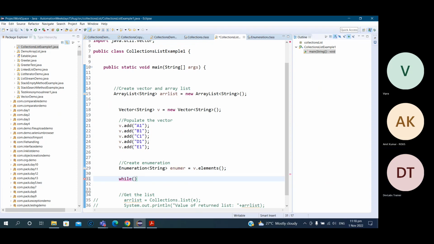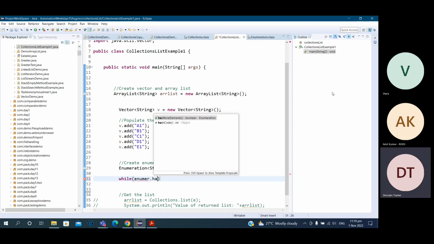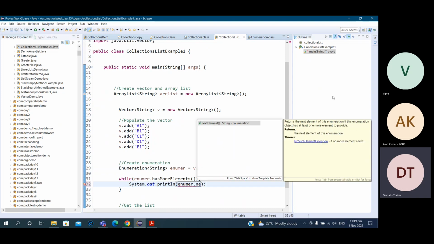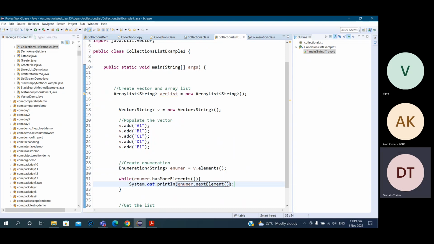While, this is the variable, I copy this, and has more elements gives a Boolean value. And then you try to print enumer dot next. In this way, you can use enumeration for printing, because once you are familiar with enumeration,